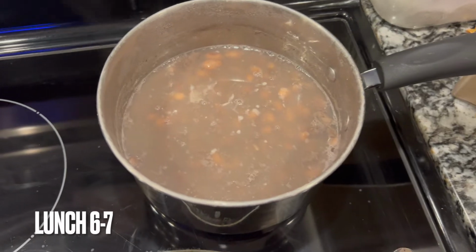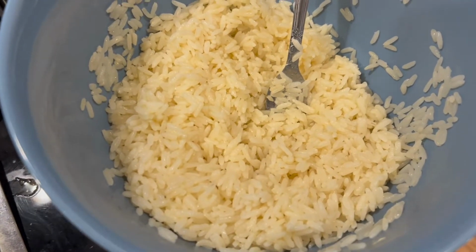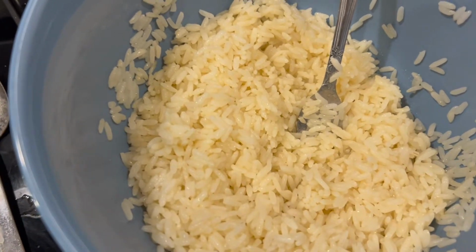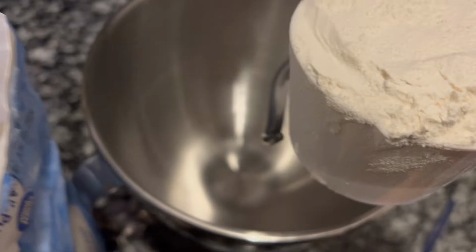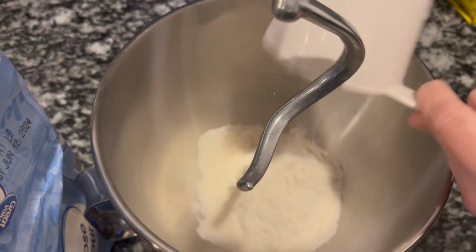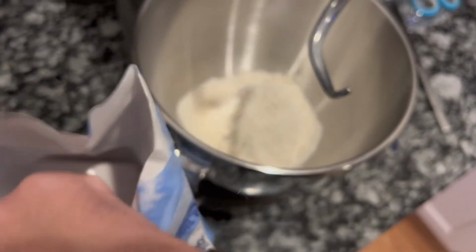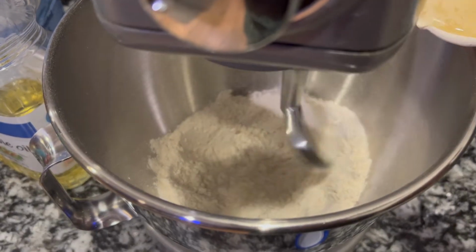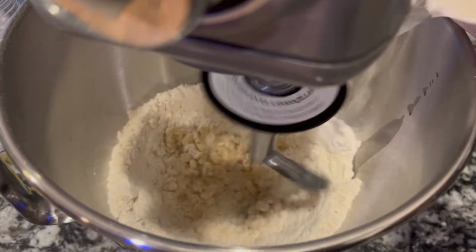So for one of our lunches, we're gonna have beans, rice, and I'm gonna make some homemade tortillas. The only thing I'm gonna use is a little bit of oil that I have on hand. So I have this recipe, which I'm gonna half, and it calls for 3 cups. So I'm gonna put 1.5 cups of all-purpose flour into my mixer. I'm gonna add in 1/8 of a cup of the oil. And I'm gonna add 1/2 cup of water,